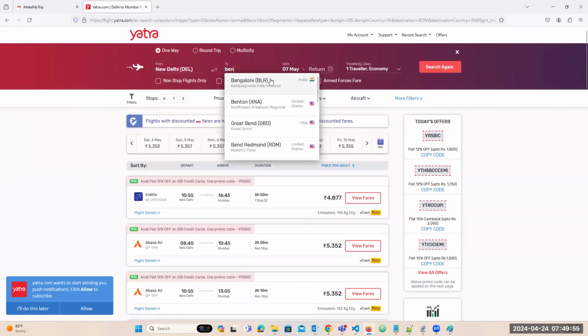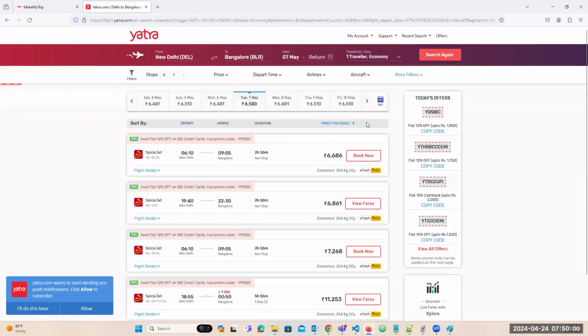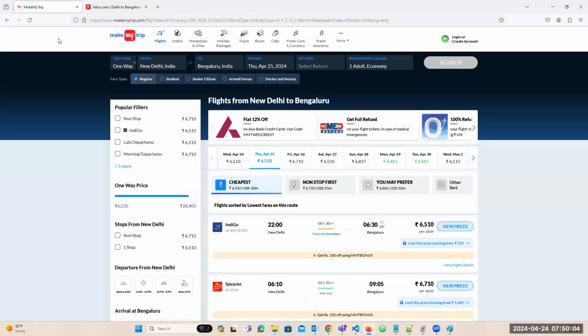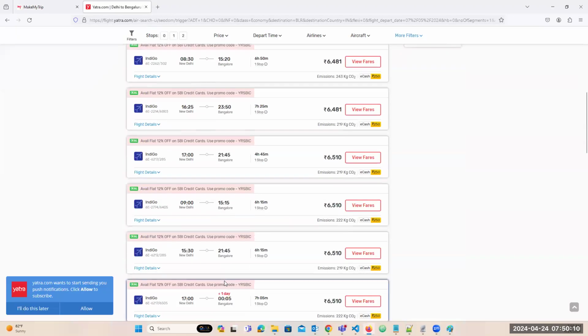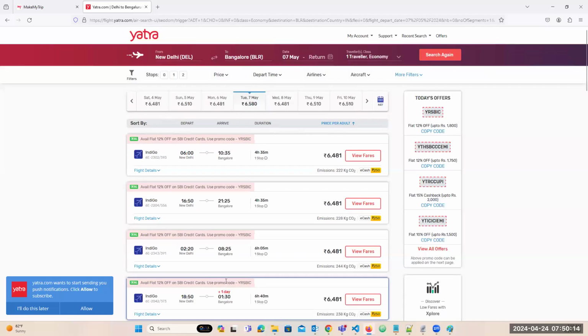BEN, Bangalore, search with them. So if you see this, here the flight has, I mean, 22 hours. The same flight is there, I think. Might be some difference, but the thing is that